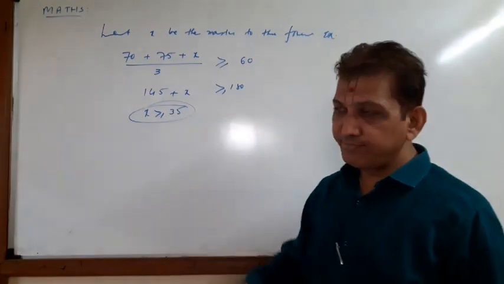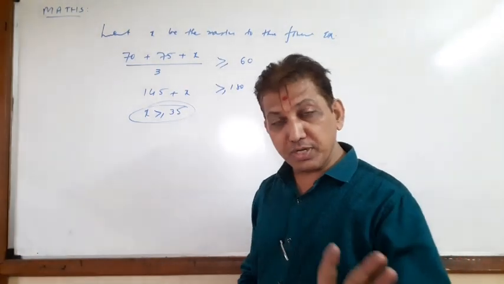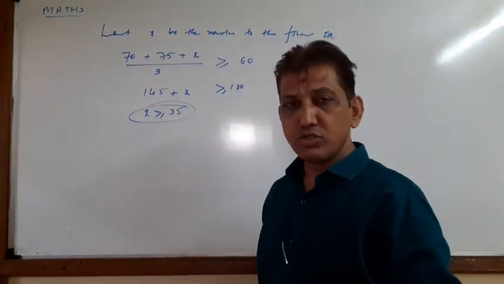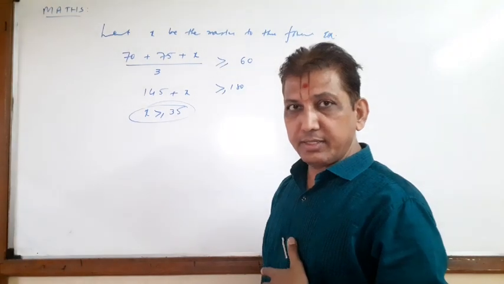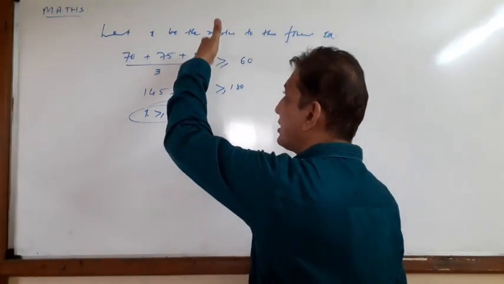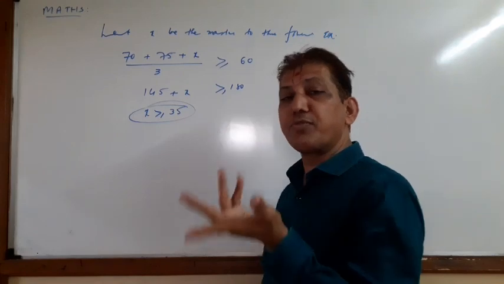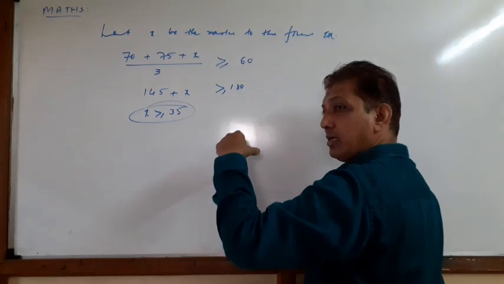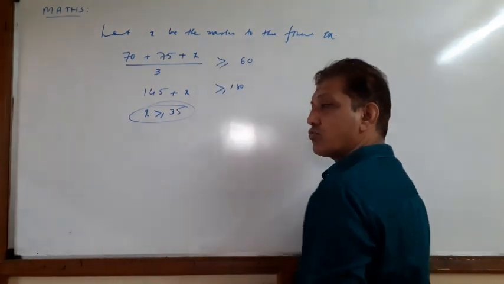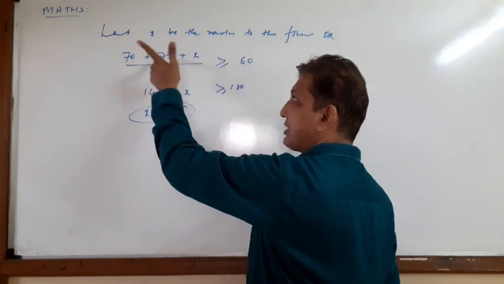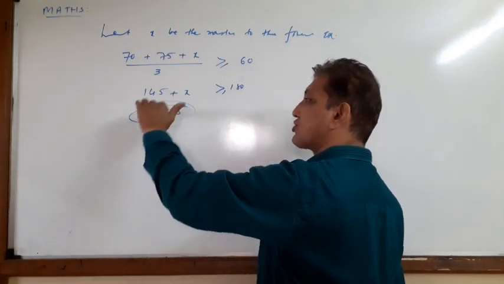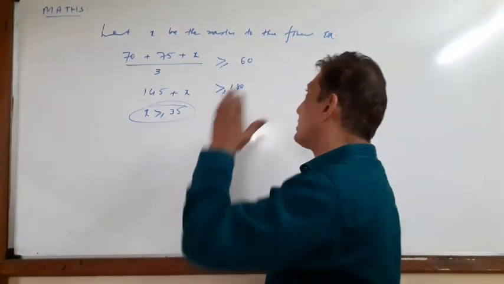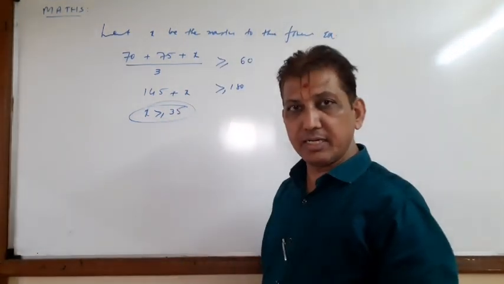Tension-free student. Why? Because in the first two examinations the result is high, right? So in the final result, the student needs a minimum of 35 marks. The average result is 60%, right? But compare the first example and the second example. The student got 70 in the first examination and 75 in the second. So the final examination result can be minimal. Suppose you get 36 marks, the average result is more than 60. Is it clear? Okay.